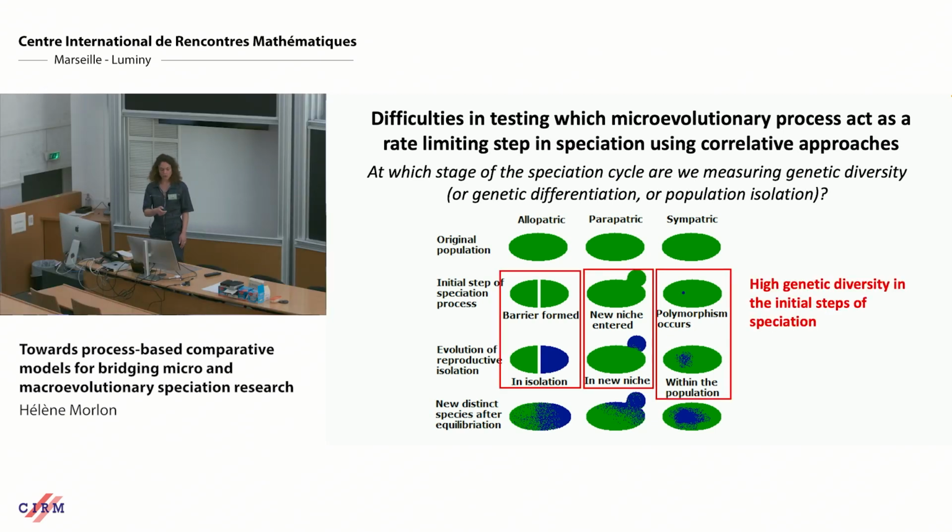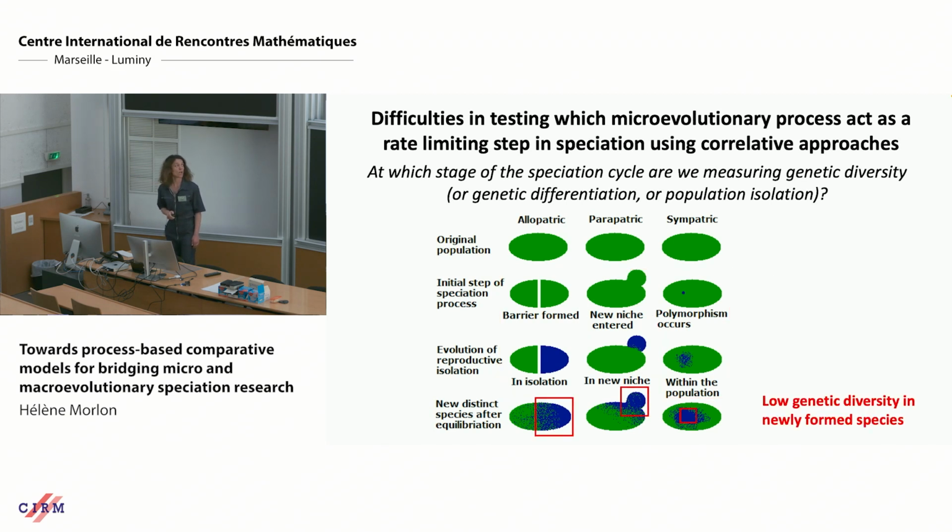And so if we measure, for example, genetic diversity in the initial stage of speciation, then we expect that if speciation is taking place, there would be high genetic diversity, because here these species are not recognized as true species yet. And so there would be a high genetic diversity within this species here. However, if we measure genetic diversity in newly formed species, so just after speciation, then we would expect to see low genetic diversity